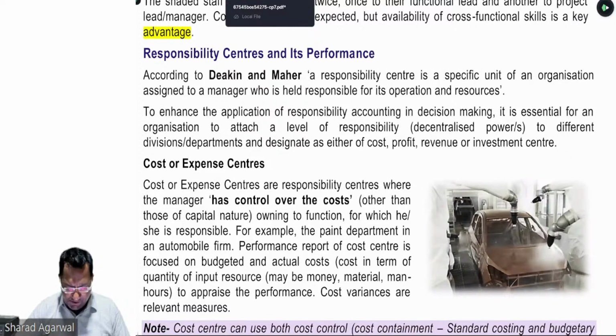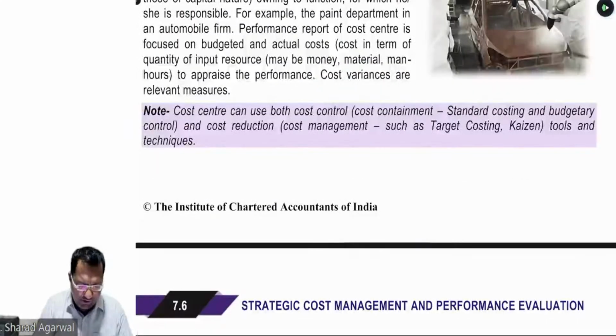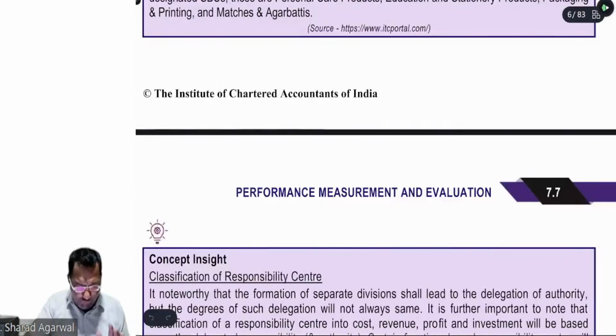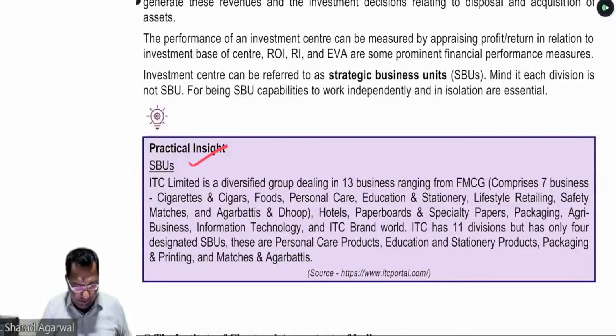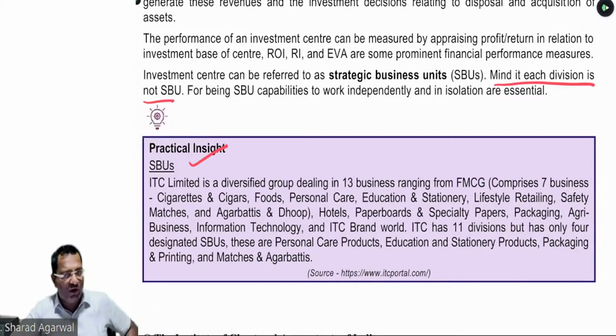अब आइए बेटा पेज नंबर 6 में जो प्रैक्टिकल इंसाइट आपको दिया हुआ है, just read out this practical insight given in page number 6. यहां पे आपको बताया जाएगा कि every investment center cannot be referred to as a strategic business unit, है ना? So mind it, each division is not a strategic business unit. वो अगर हमारे लिए बहुत क्रूशियल होगा for company's profit, for company revenue, then such investment center can be regarded as strategic business unit. तो एक बार ये प्रैक्टिकल एग्जांपल पढ़िए बेटा आप आईटीसी का, then we will start a question given in the next page, है ना? चलिए